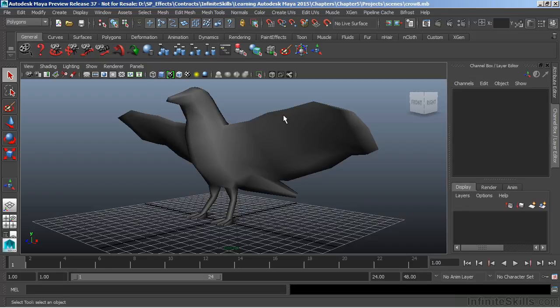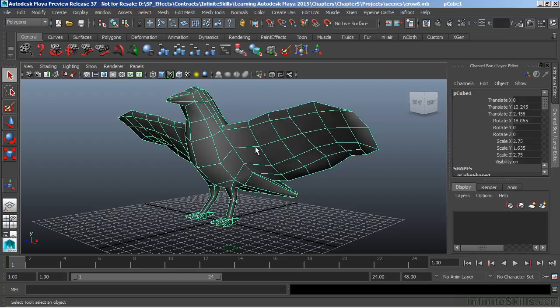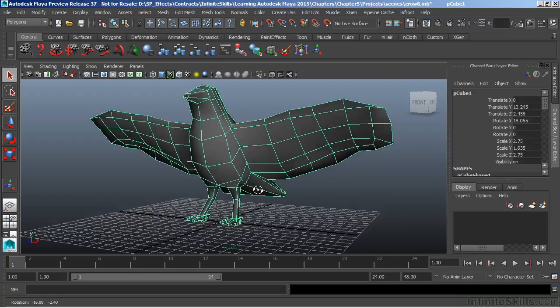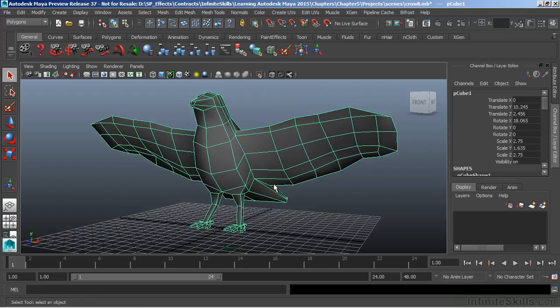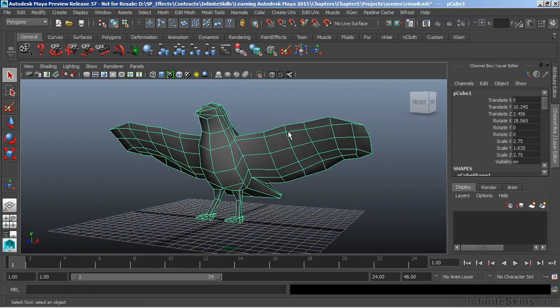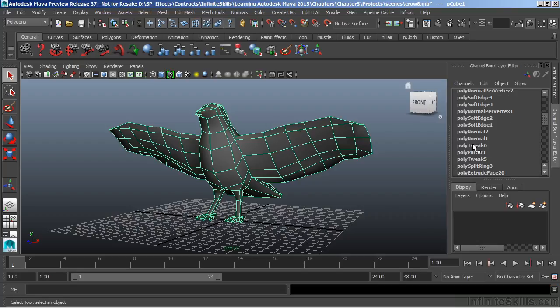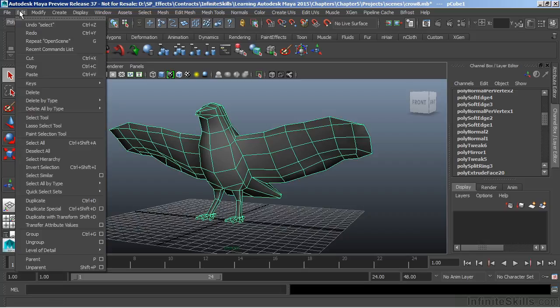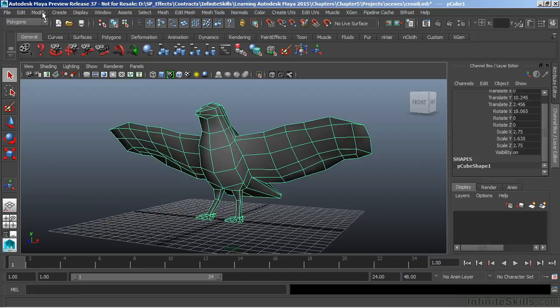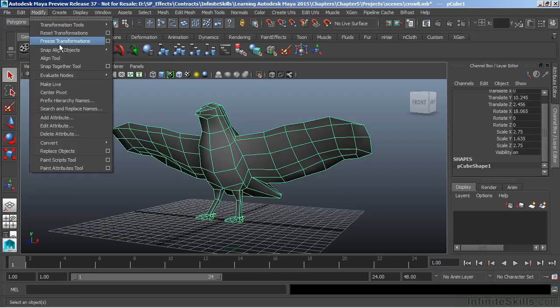What this means is that we'll be able to look at the UVs and be able to tell what part of the object it is that we're looking at. Let's start by selecting our object and making sure that we have a clean piece of geometry before we go any further. Now what that means is that we want to remove our transforms as well as get rid of any history. So I'm going to choose Edit, Delete by Type, History, and I will also go to Modify, Freeze